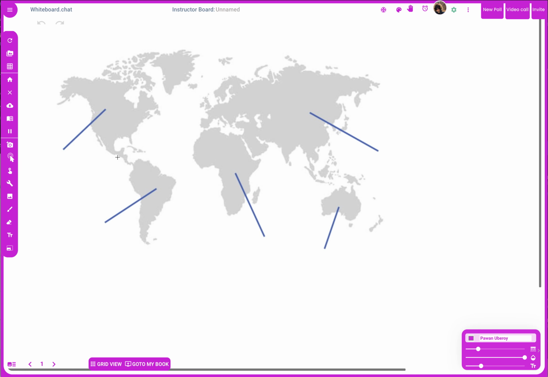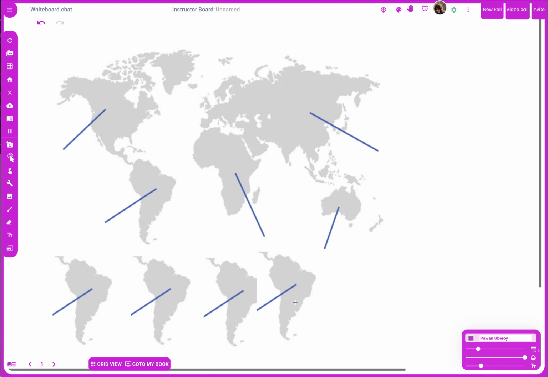If you want to make a copy of South America, for example, you draw a rectangle around it, right? Click it and then say copy. So this will make a copy, and then you can keep making use the paste keystroke, Command V on a Mac or Control V on a Windows PC, and keep making copies of it right here, right? So you can keep pasting it because it's in our